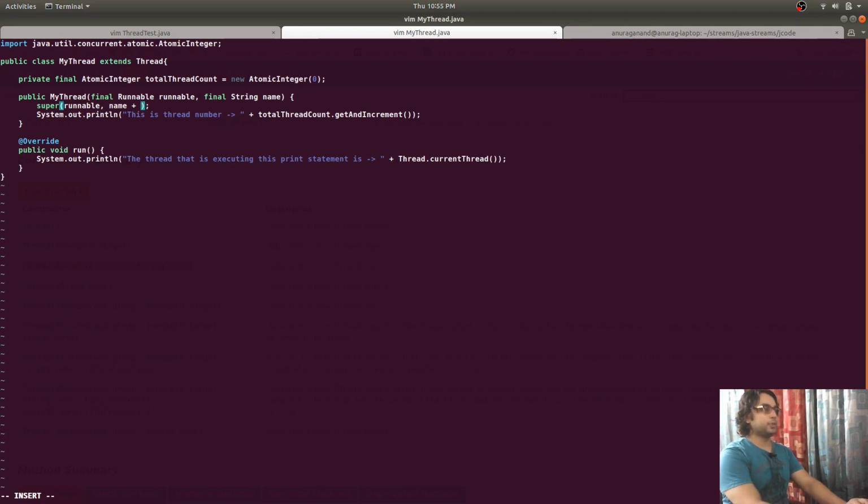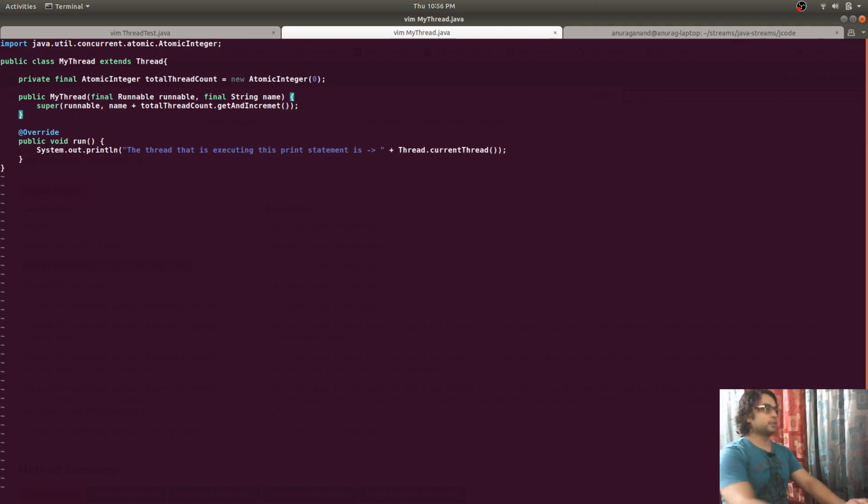Here I'm going to update the code and remove this. So you saw what I did by extending the thread class: we can keep track of the total number of threads that we are running, and each single thread is going to have a unique name of its own.